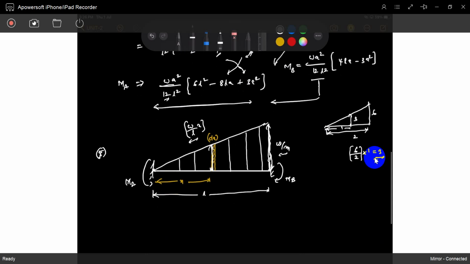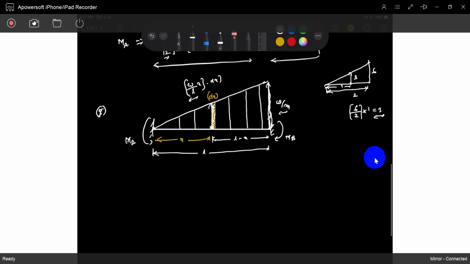Same thing, let's take a point load. How much extra on MA and MB, you already know. So this is x, this is L minus x. Understood? But the point load is not exactly W, it's W by L into x, and the total load is W. We take some dx distance, very fine, infinitely small. So that's why we take it as a point load, not a distributed load.